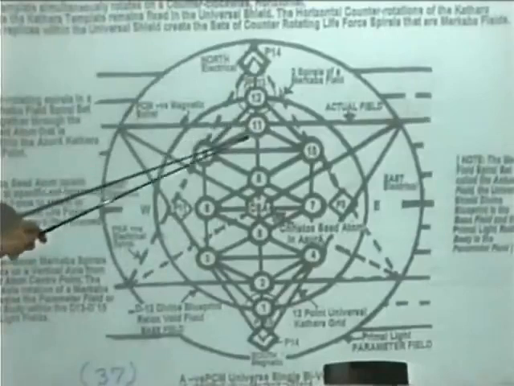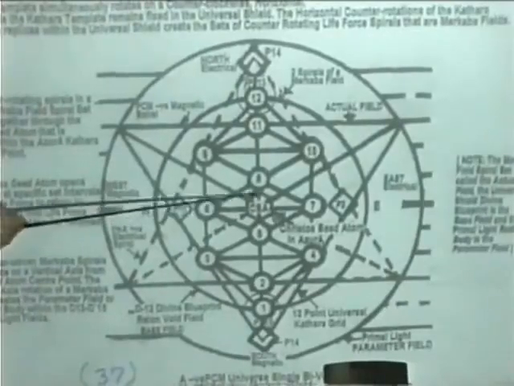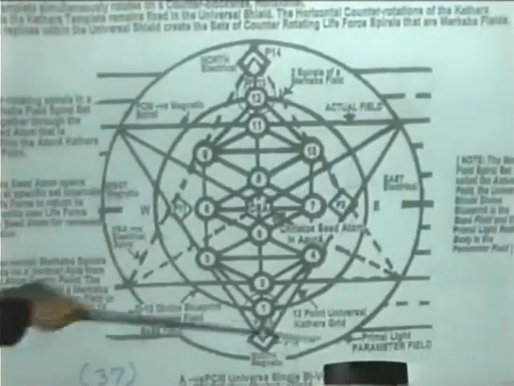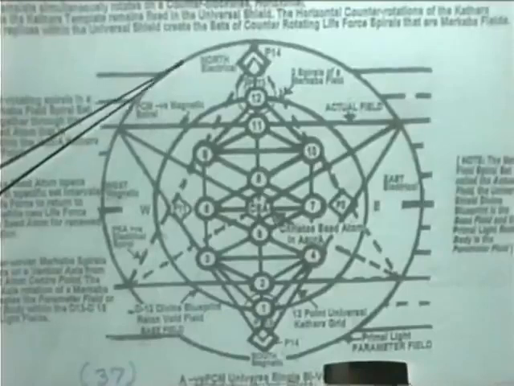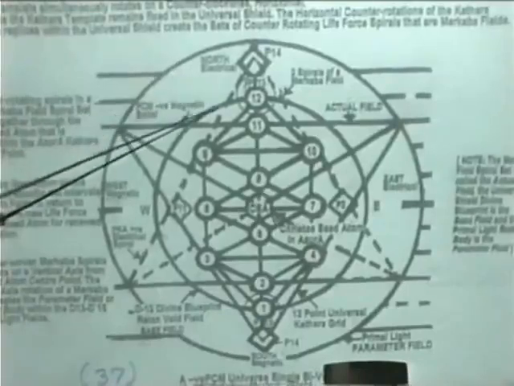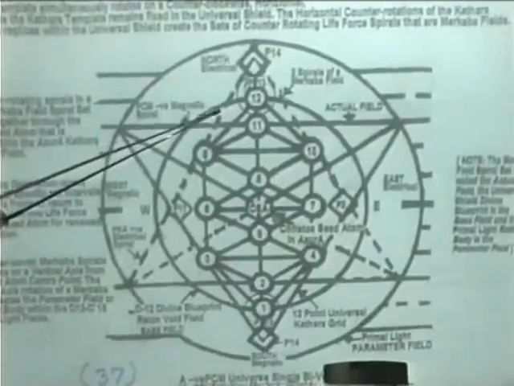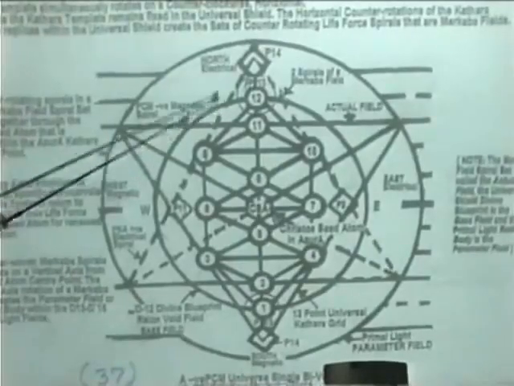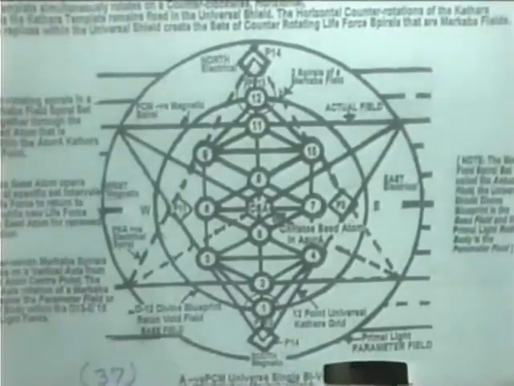So if you phase lock, it's called phase locking a Merkaba, by spinning them in the same direction, you stop this vertical rotation from happening, which means you turn off the primal light parameter field, and you turn off at least part of the peripheral field, the rayon field, the Manu aspect of it. Now, when things are working well, those fields,